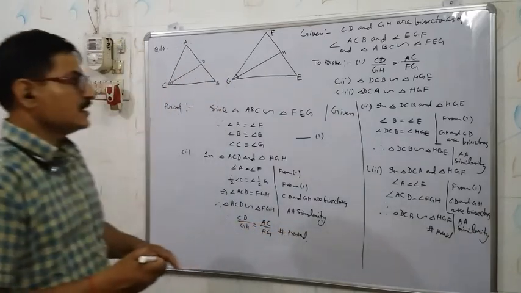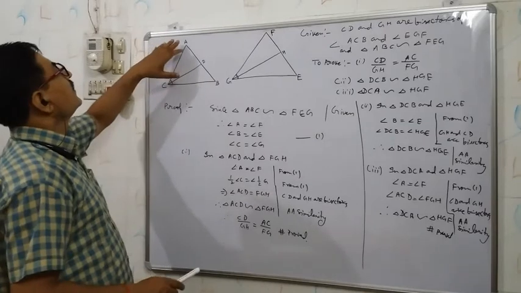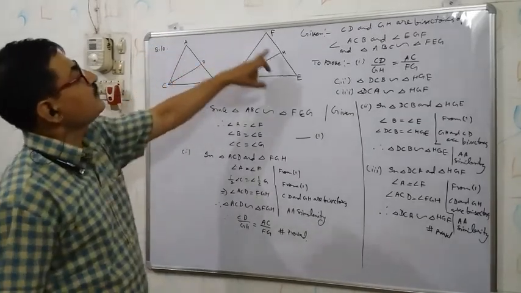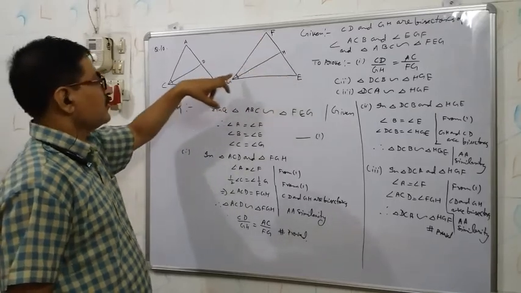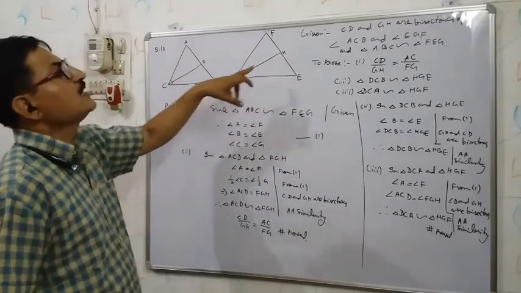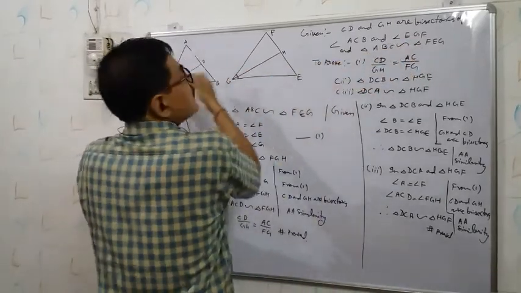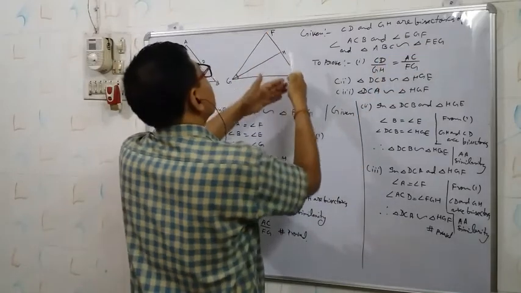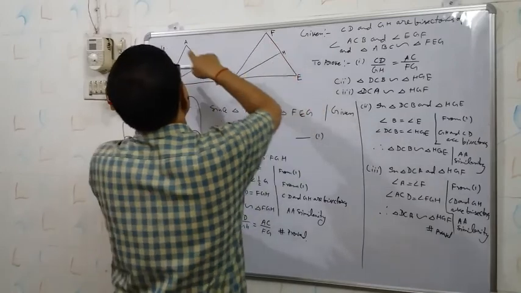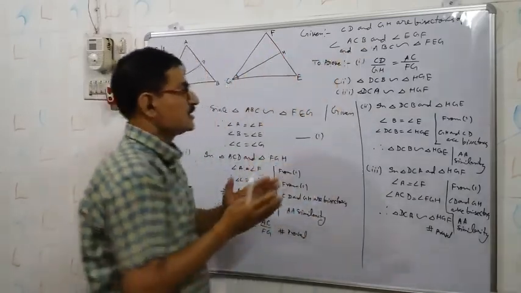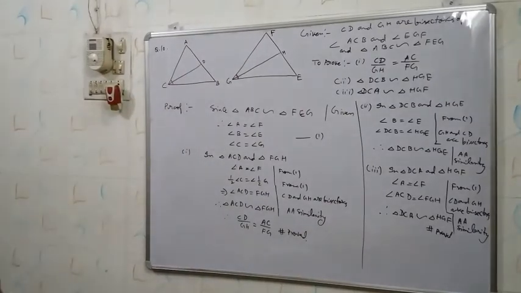So students, nothing was there, only the correct figure if you draw. The correct figure means triangle ABC and FEG. If you put E on the upper side, then the problem will be there. Put F on the upper side, because it is written FEG. Then ABC will be this and FEG you will draw like that, and you will see that GH is the bisector and it is lying on FE. Whatever the question gives will hint how you have to draw the figure. If you draw the correct figure, then the answer will come. Okay.